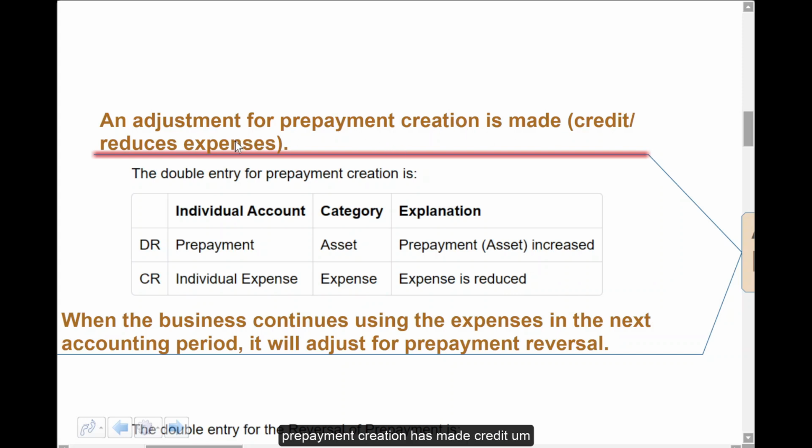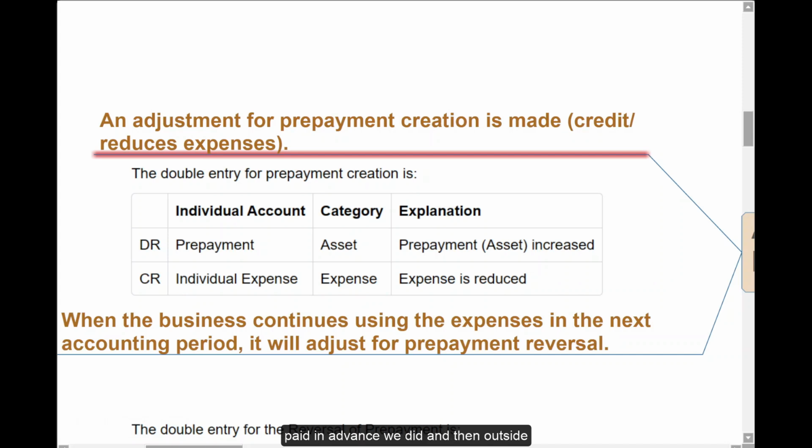The adjustment is made by a credit, which reduces expenses. In effect, what we do is we sort of create a debtor. Yeah, we create this asset called prepayments. Where does it go? Under current assets, certainly short term, maybe less than 30 days. So this prepayment is in effect setting up ourselves for the forthcoming period. We create this asset that in effect we're owed money by the electricity company.